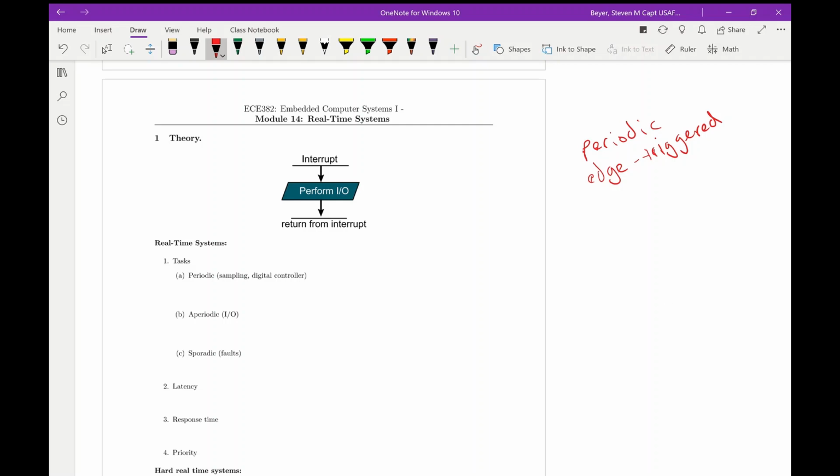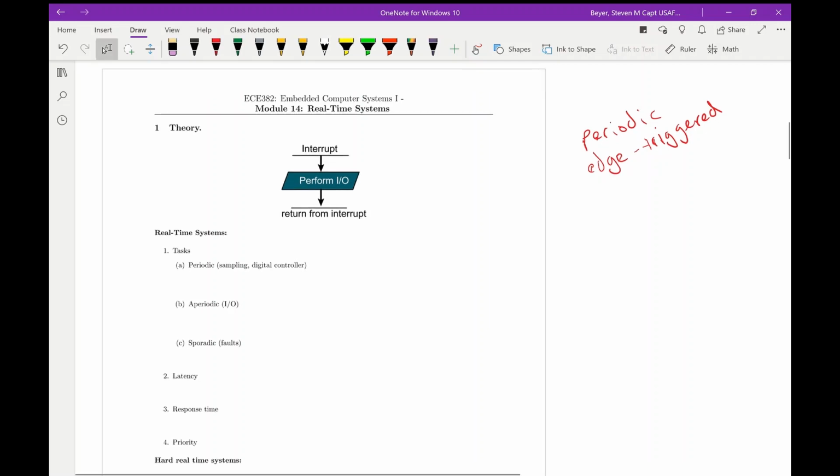So an interrupt happens, we perform some kind of process, and we return from that interrupt. That's the basic concept of an interrupt. The big thing to note with what we're doing here in ECE 382 is we do not have parallelism, but we do have concurrency. So the difference there, I